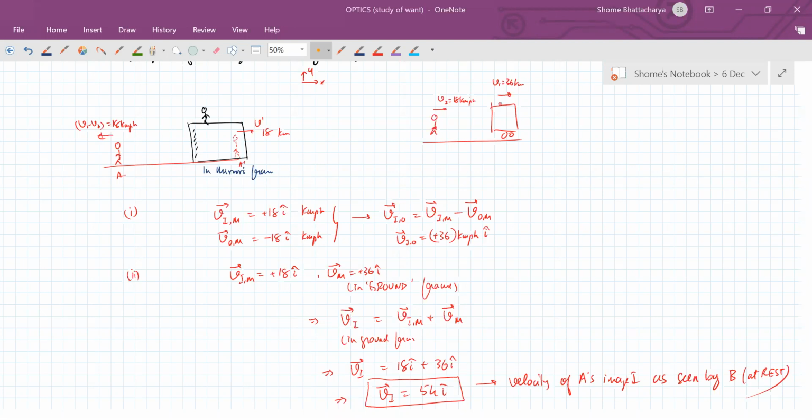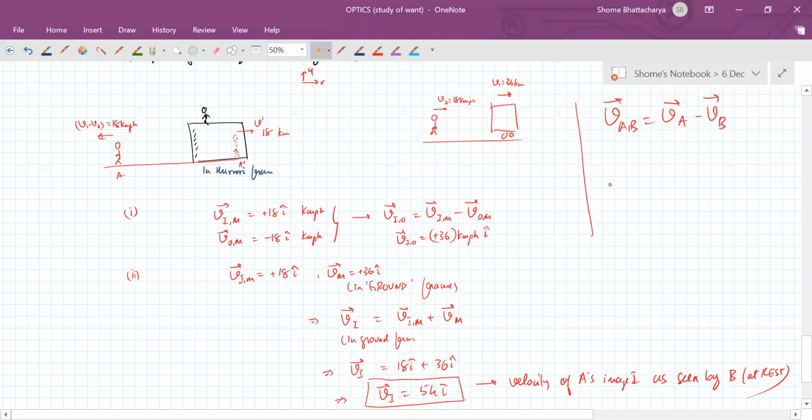Yeah, the last step is just the application of relative motion, beta. Velocity of A with respect to B we write as VA minus VB. Similarly, velocity of A with respect to C is VA minus VC. Velocity of B with respect to C is VB minus VC. So therefore velocity of A with respect to C minus velocity of B with respect to C is VA minus VB,